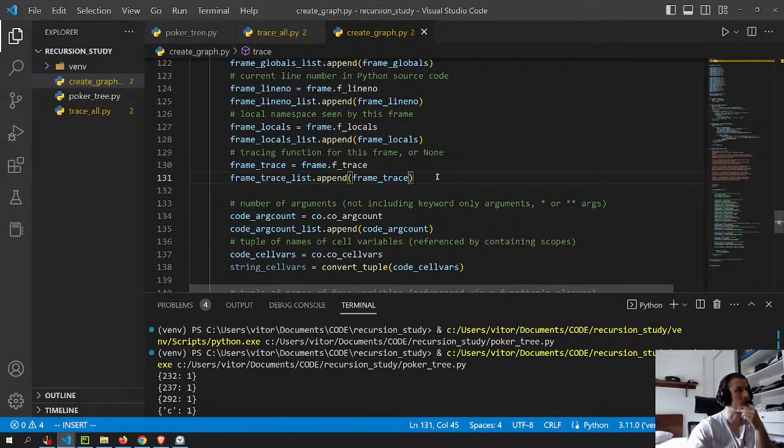I think the graph has to be like, well, there's multiple different graphs that I can do. One of the graphs, I think I should just put the stack frames. But the thing is, I want to know all the information that exists on the stack frame and then connect the stack frames. But if I do that with NetworkX, then the only way would be to create other nodes, I think. But maybe I can put as a string the information that exists on each one as a label,